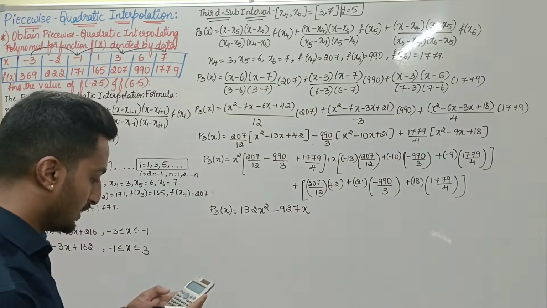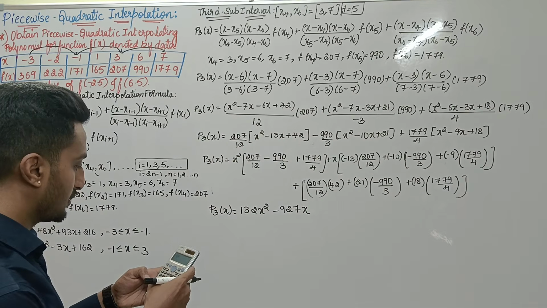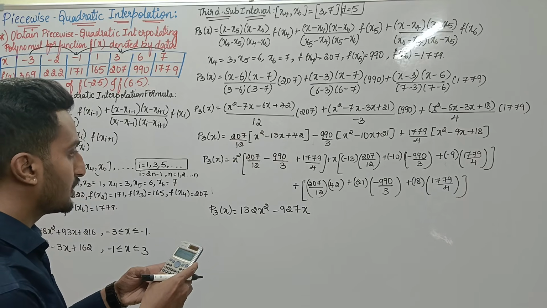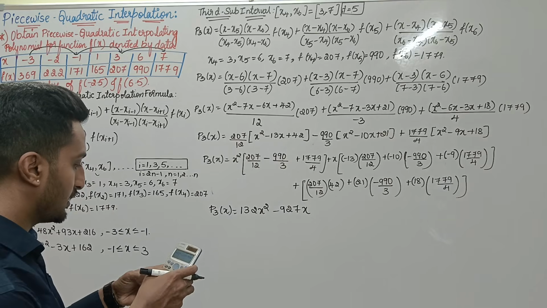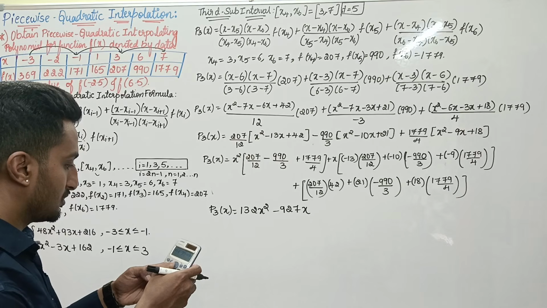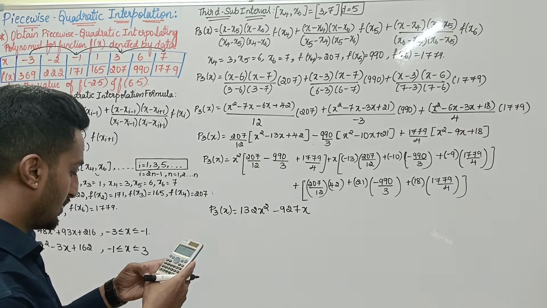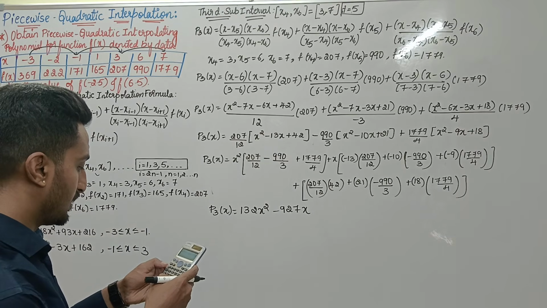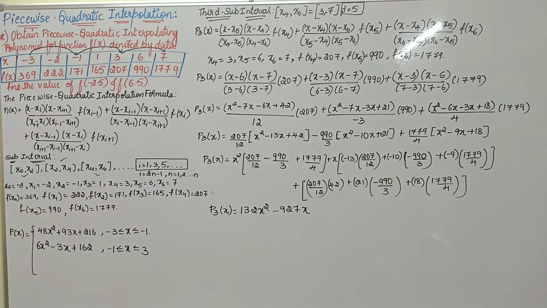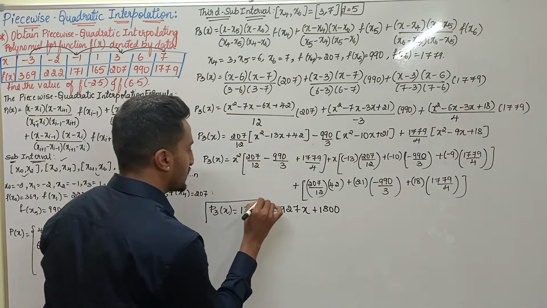The last, the constant, that is 207 divided by 12 into 42 plus 21 into minus 990 divided by 3 plus 18, close the bracket, into 1779 divided by 4, that is 1800. This is the required third piecewise